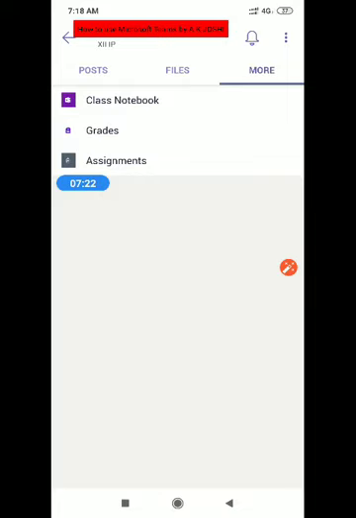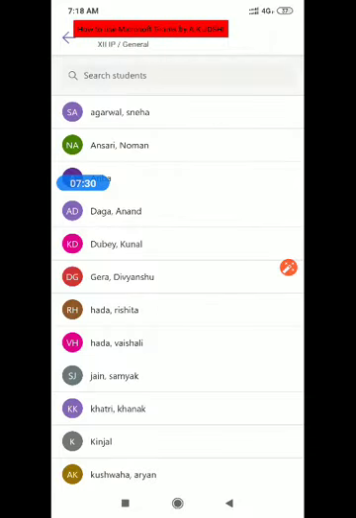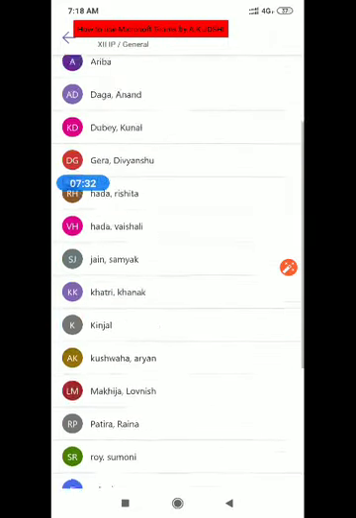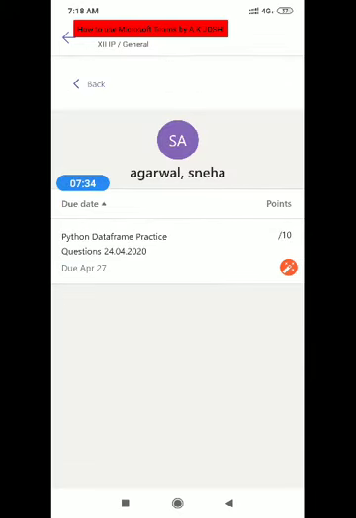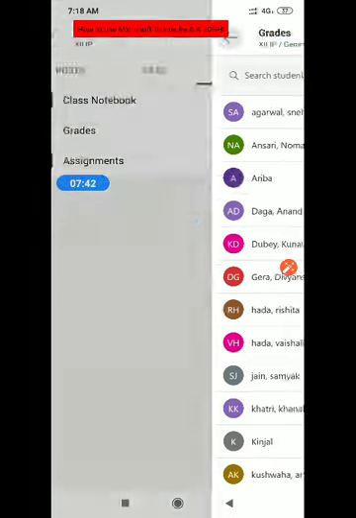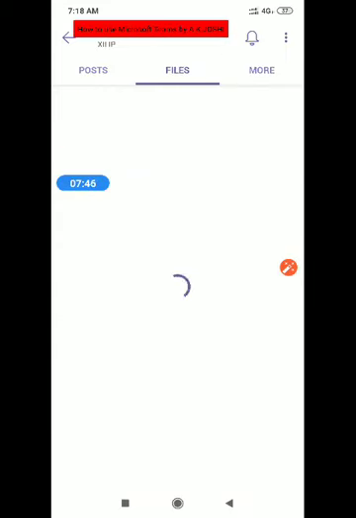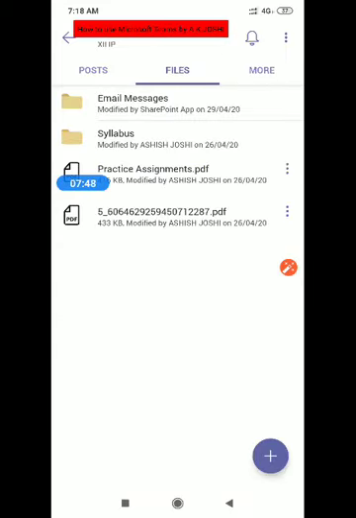This is the assignment section. In grades, you can get the grades that you have assigned to the students for their assignments. Suppose for these students, I have not assigned anything, so points are /10 here. Now important thing is, so like this you can control the entire class. All the resources should be put out here. Students can access all the things in a single place.